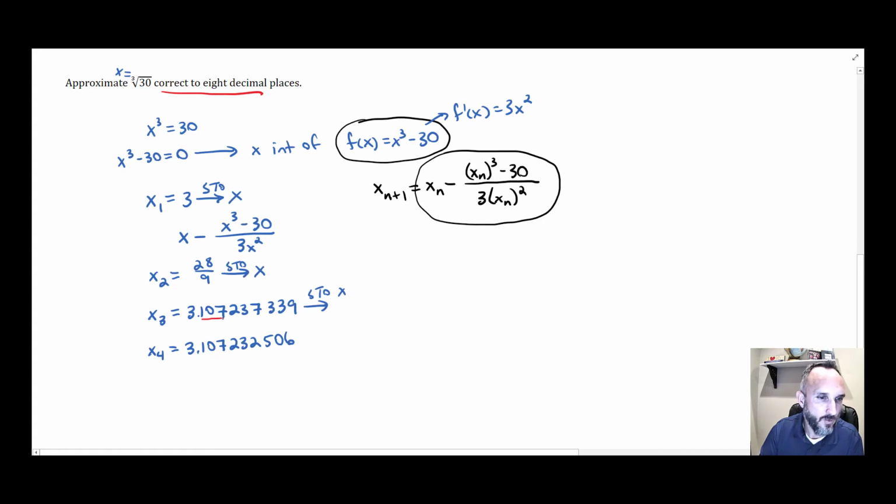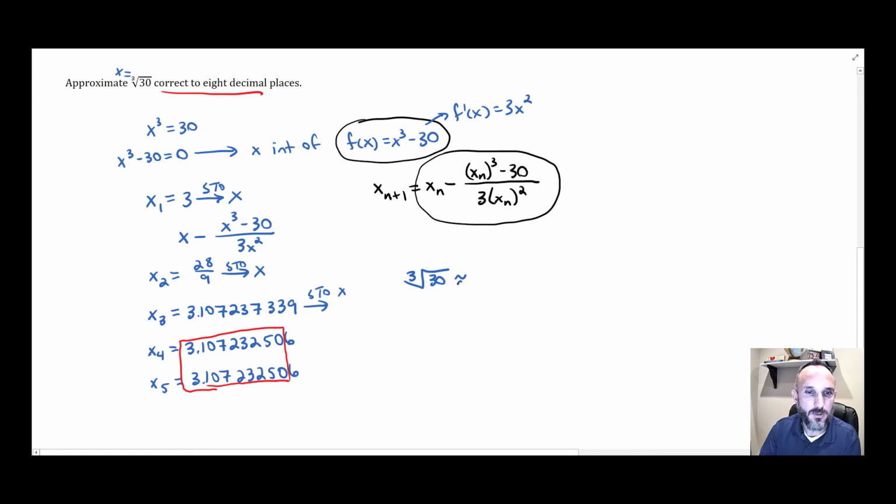So we're looking at 1, 2, 3, 4, 5, 6, 7, 8, out to there. So we're not there yet. So let's keep going. Store it, re-enter your formula. In x sub 5, I got 3.107,232,506. I got the exact same thing that I had for my previous, and if I look at 8 digits, 1, 2, 3, 4, 5, 6, 7, 8, there they are, and they match the previous 8 digits after the decimal place. So the cube root of 30